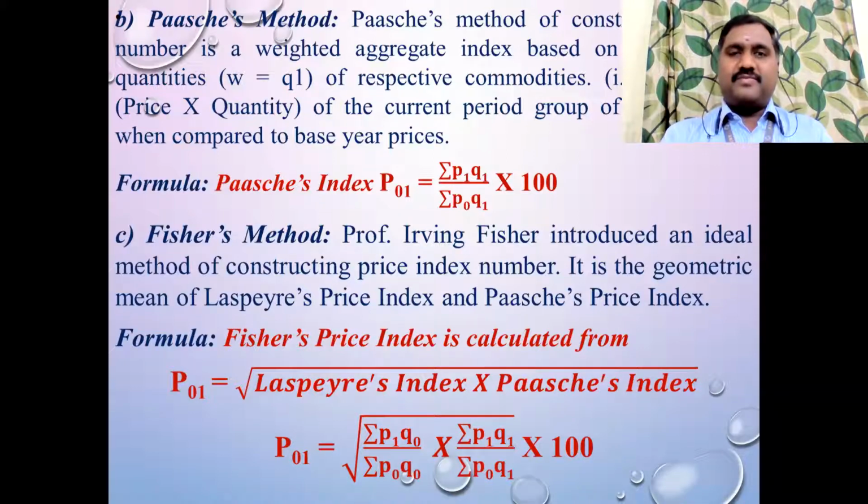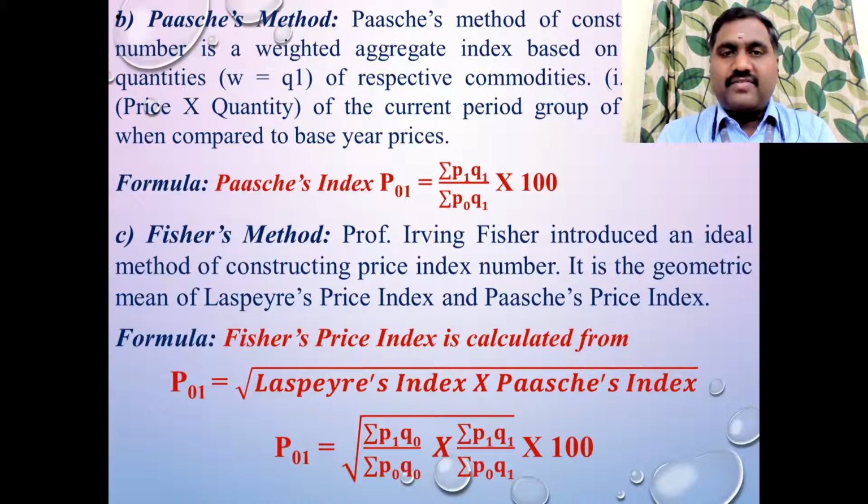It's very simple now. You already worked out the problems under Laspeyres' method and Paasche's method. Now for the Fisher method, you have to create columns where you find all the combinations: P0 Q0, P1 Q0, P1 Q1, P0 Q1. That means you have to open four more columns, and you know what data is given for each year. Substitute, find all those values, multiply, and find the square root. You will get the answer.